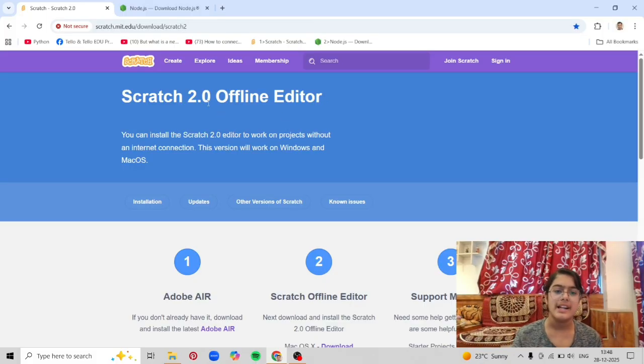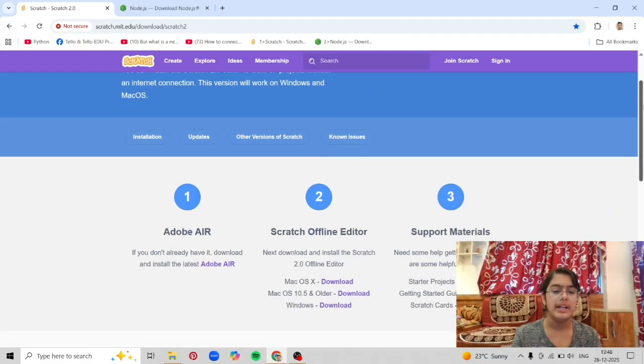The first one is Scratch 2.0 offline editor. It is very important to take this version, as in other videos when I had learned about connecting the drone to the Wi-Fi, they had told me to download Scratch 2.9 or Scratch 3. But those do not work efficiently, as this Scratch 2.0 is an offline editor. And when we connect the Tello drone to the Wi-Fi, we do not have the normal Wi-Fi, as the Tello drone will be connected. So it is important to download the Scratch 2.0 offline editor.